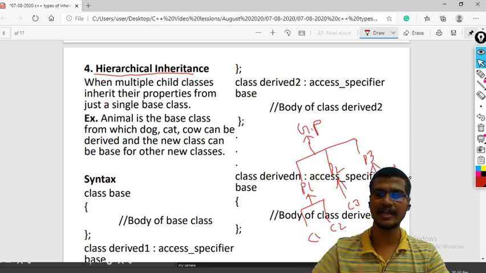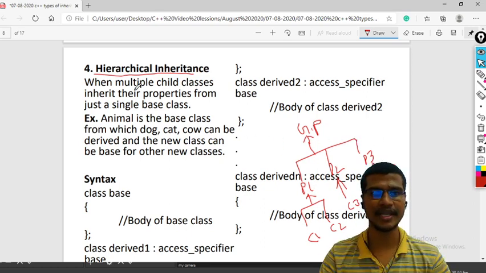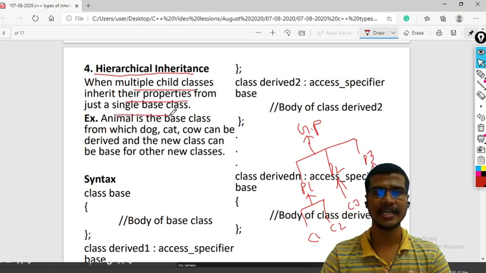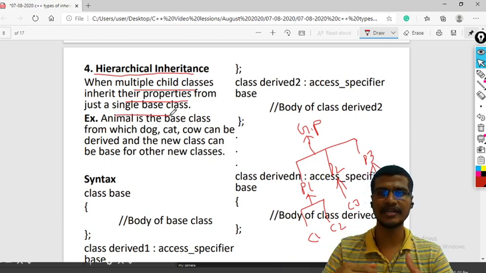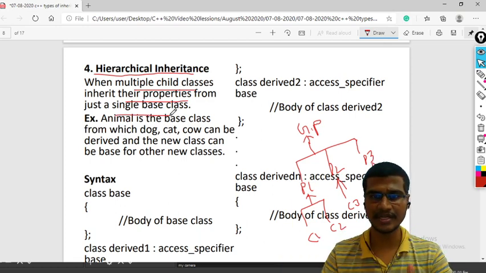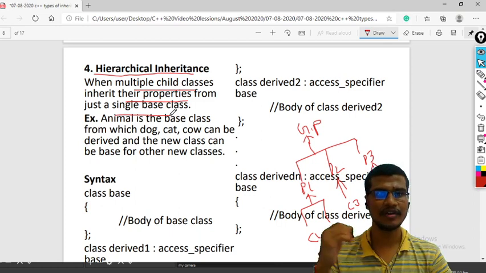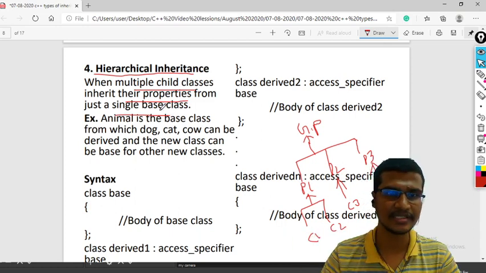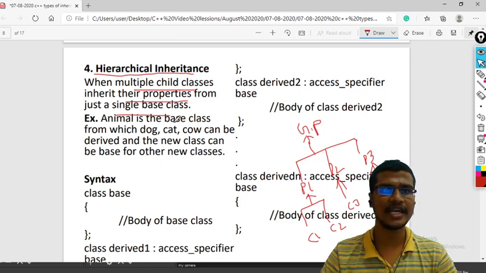But this will happen in a hierarchical manner. When multiple child classes inherit their properties from a single base class, that is hierarchical inheritance. If I have a grandparent, those properties will be inherited by the children, right?